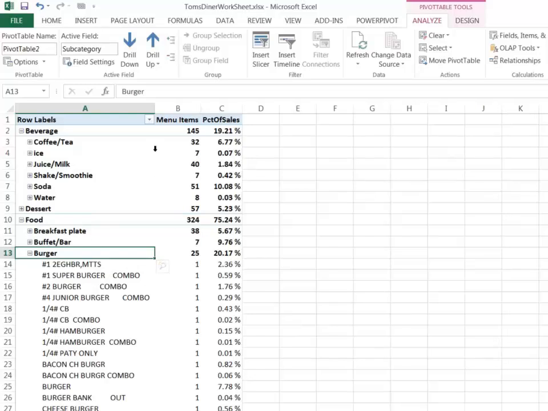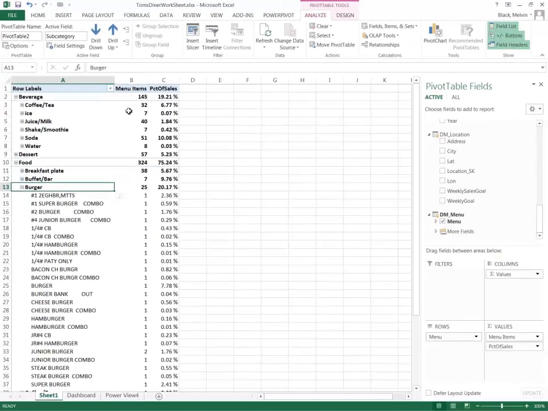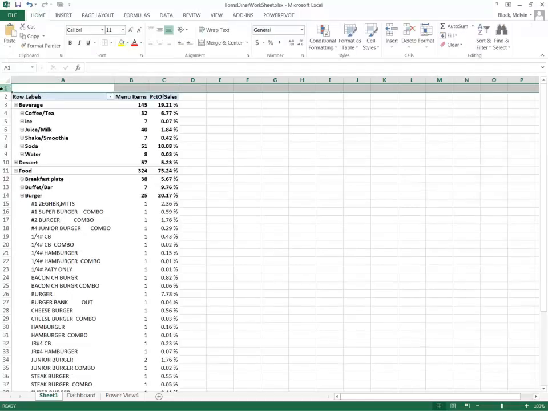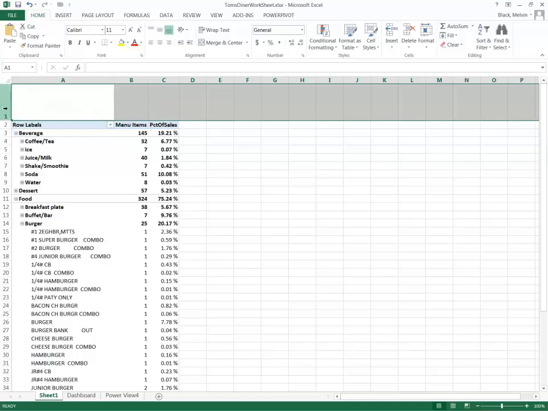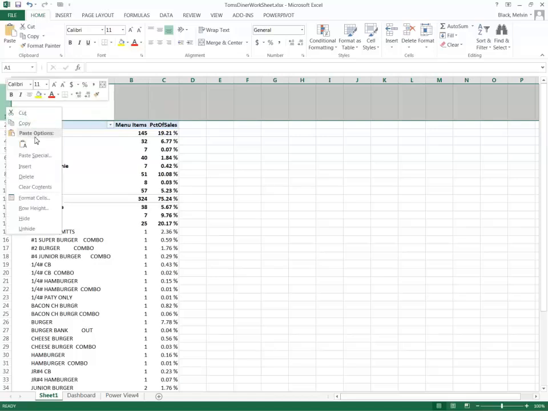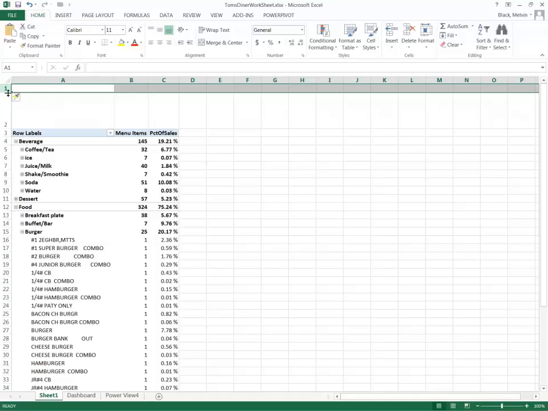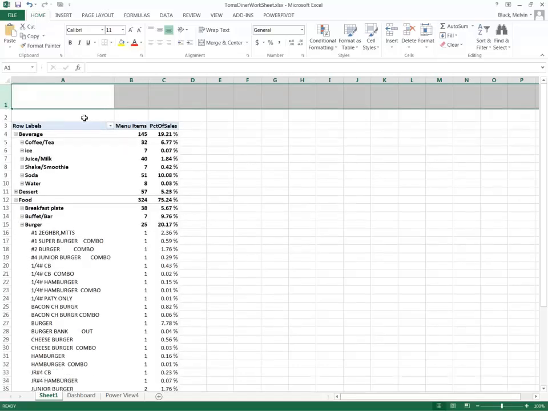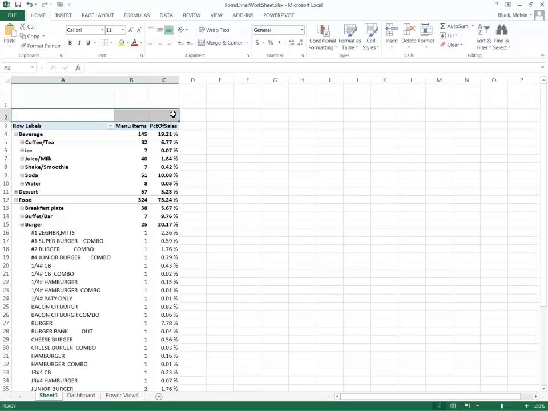Now I also want to add a little bit more information about this pivot table, so I'm going to insert a row here, and I'm going to size it a bit, and let me add another row as well, and let me size it here. And I like to create titles when I'm creating dashboards, so I'm going to merge and center here, and I'm going to insert